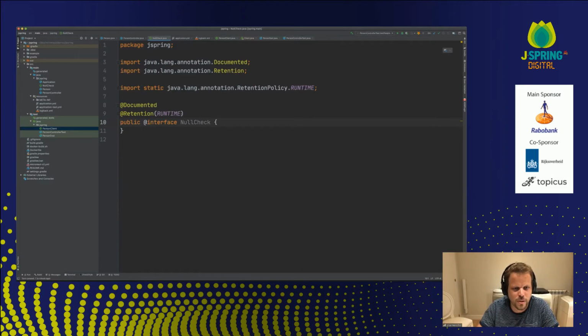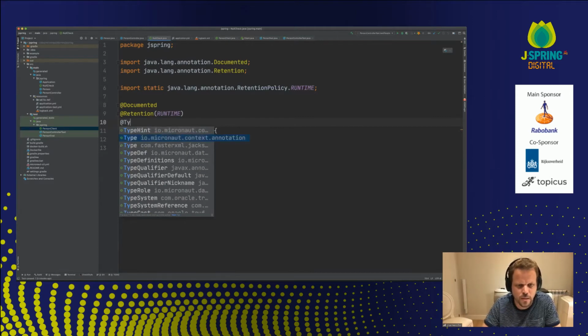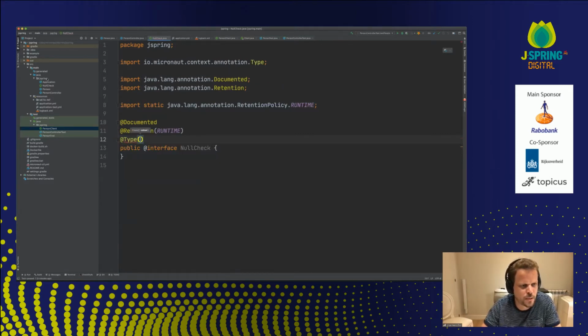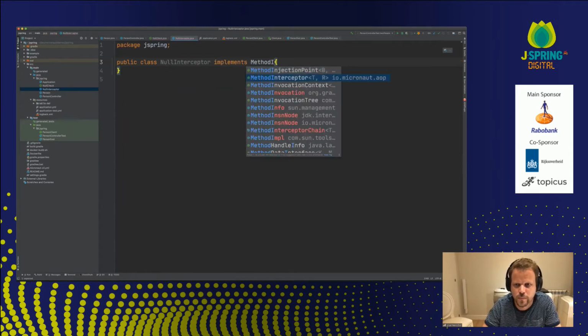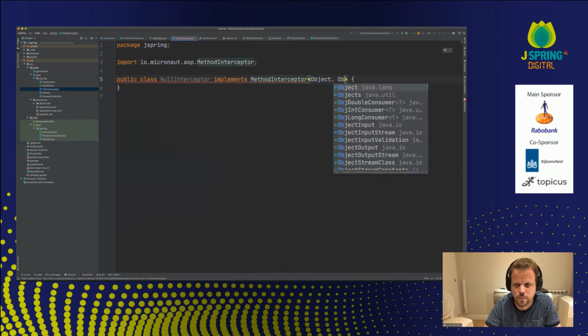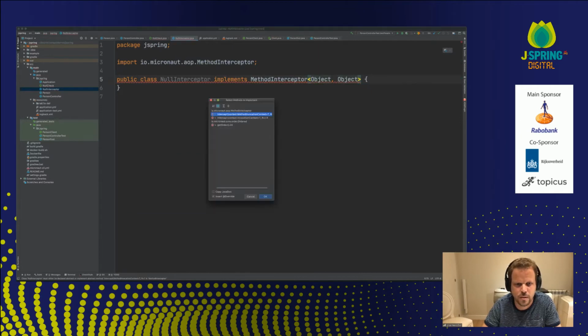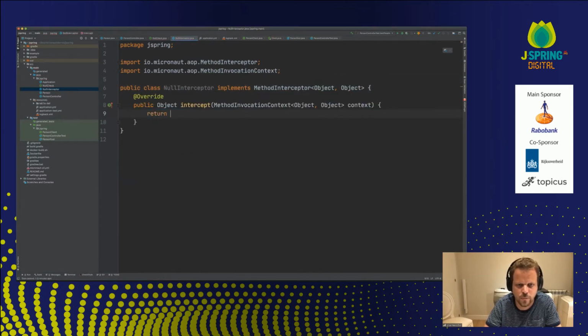So it's going to be retention runtime, and I'm going to use the type annotation to indicate a particular interceptor type. And what I'm going to do is create a null interceptor, which is going to implement method interceptor. So like so. We're going to implement that method, and at the moment we're just going to do context.proceed.